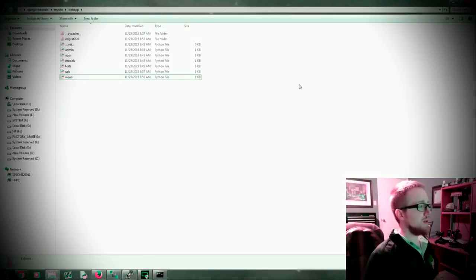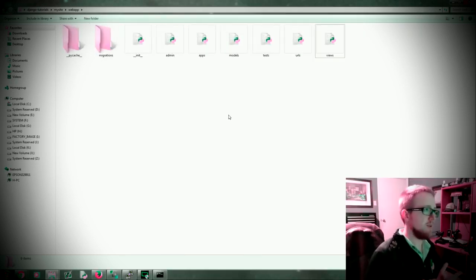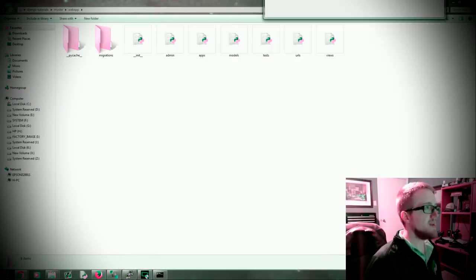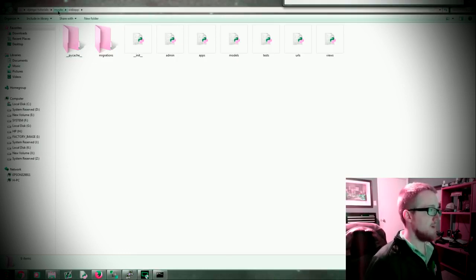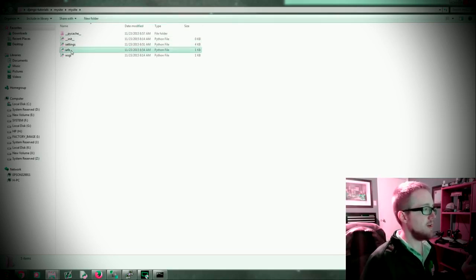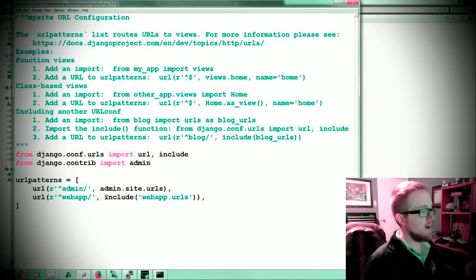So that's just a really basic example of starting an application and connecting that application, because again, that's how the Django app actually works. It just connects these applications based on the URLs. And initially when I started out with Django, I was somewhat confused because it didn't really make that much sense to me to have multiple urls.py files. And what makes it nice though is you could take, let's say webapp is a really epic application, and include it in another website. So we're in our my site urls.py, and instead of it corresponding to webapp, you want it to correspond to